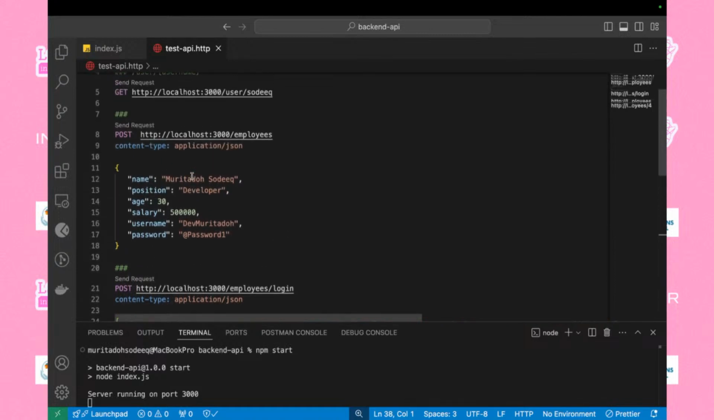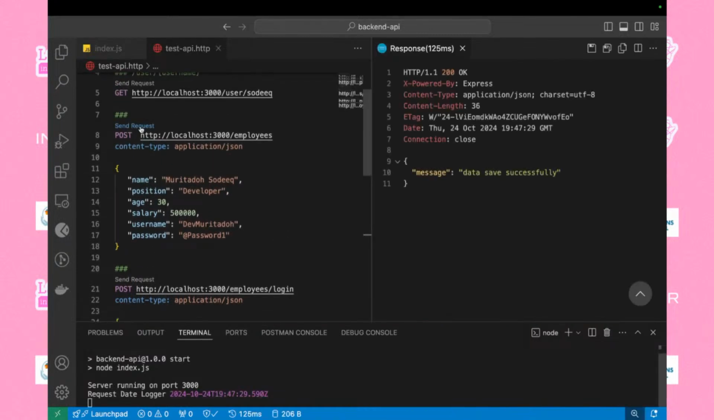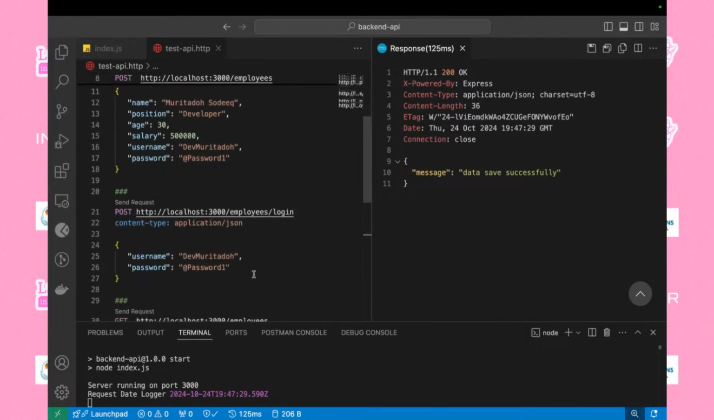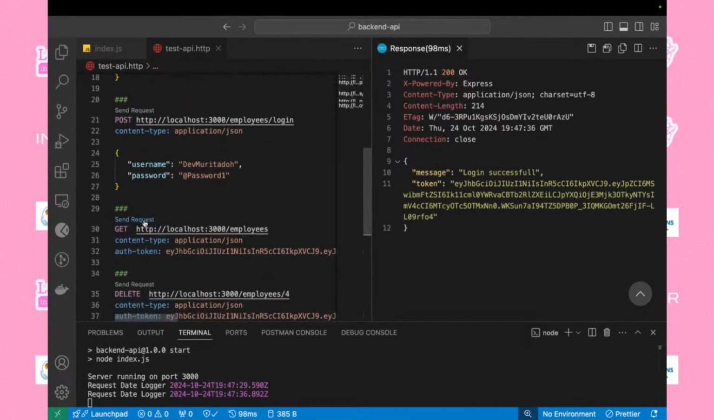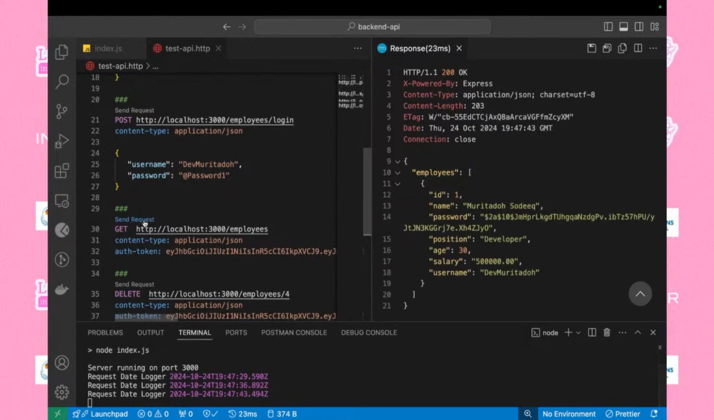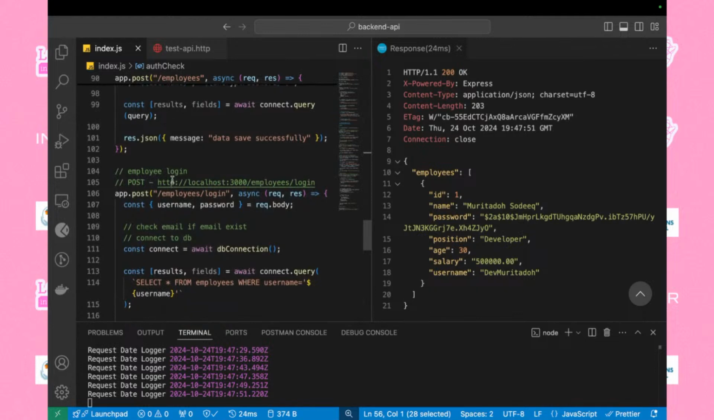Where am I? Where's the API? Okay, you register your user. Data saved successfully. The registration is successful. I try to log in. Login successful. If I try to get employee, oh, this token, this check is not actually valid, because